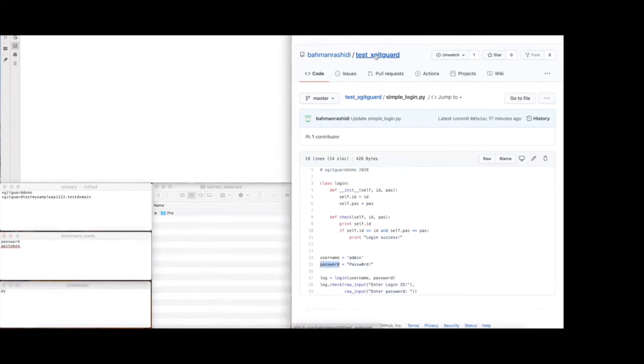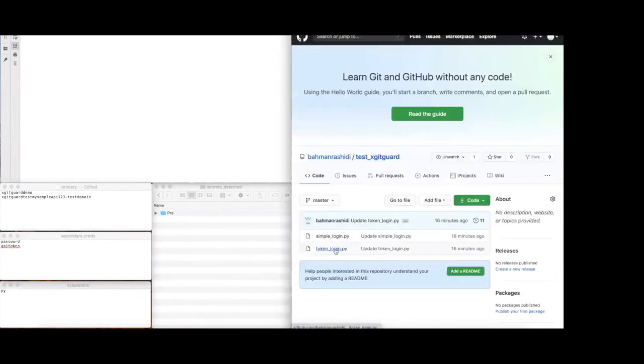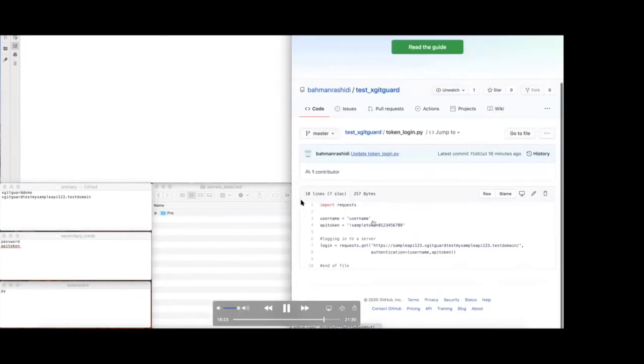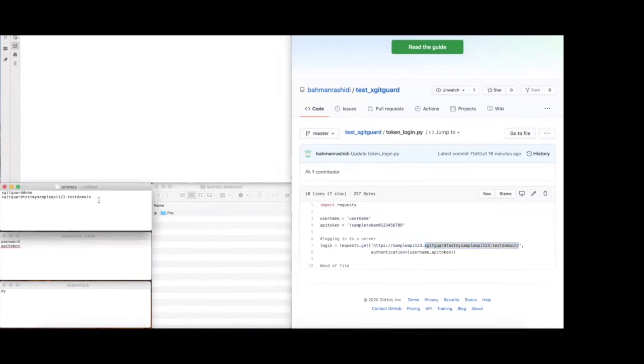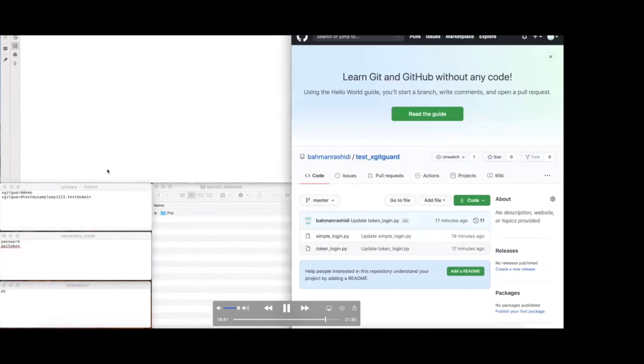The second file that we have is token based authentication, and I'm using a domain. This is just a sample domain, just for demo purposes, and I put that in my primary keyword as well, and then the API token keyword as my secondary keyword. So we have everything here. And before I run XGITGuard for these keywords, as soon as I run XGITGuard, it will show us